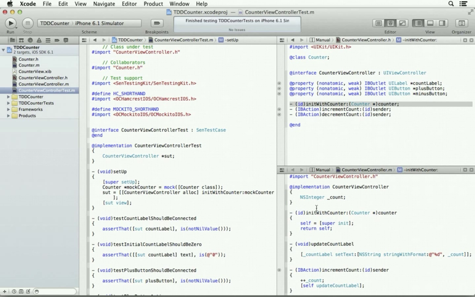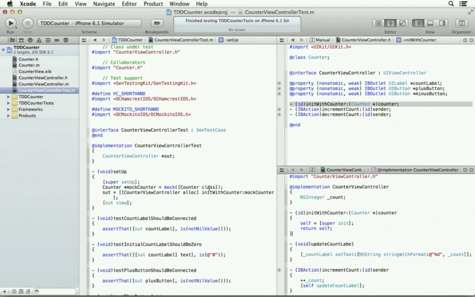So I'm not going to create an initializer that doesn't actually allocate self and call super and return self. I'm not going to do that, okay? Neither are you. So I'm not going to take time to try to write a complicated test for that when it's never going to happen.